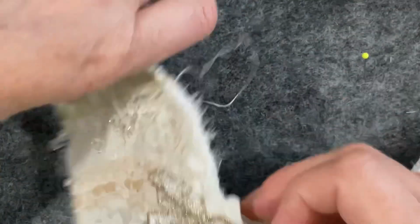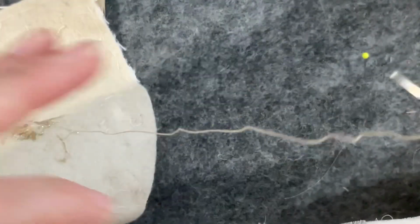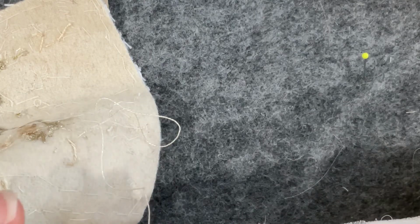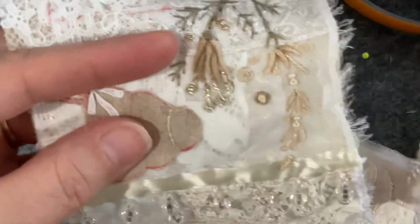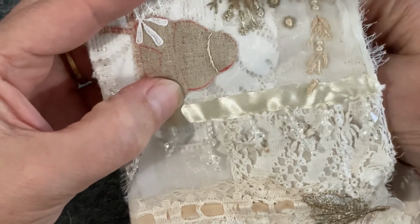I'm going to go back and take that stitch back out. I've jumped down and I'm going to finish the knot off. I'm going to knot it off and then come from that opposite side again. Now I'll probably use satin stitch on the swing as well, but I will find something a little bit thicker than this. So that's pretty good. So I just want to come up over here